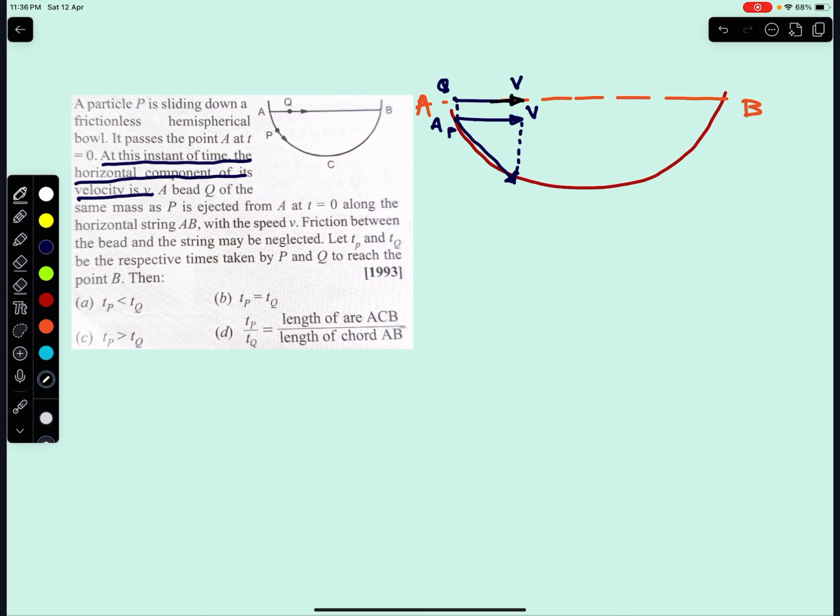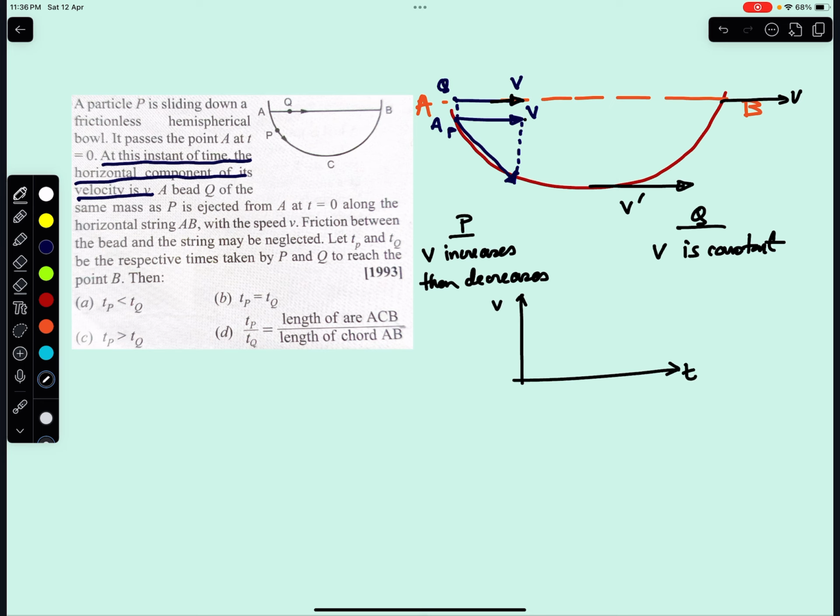Now, here, this horizontal velocity increases. So, this is v dash. And again, I am telling this for the particle P. For the particle Q, this v is constant. And for this particle P, v increases, then decreases. And we know that very well that